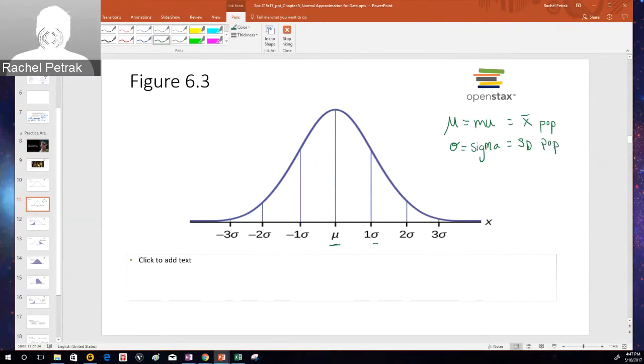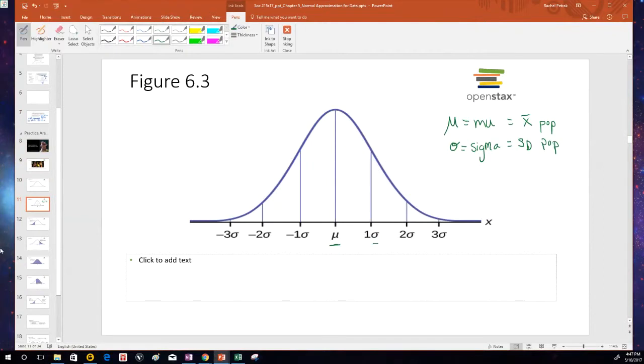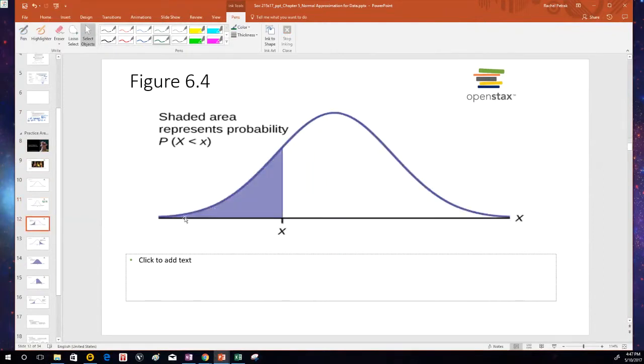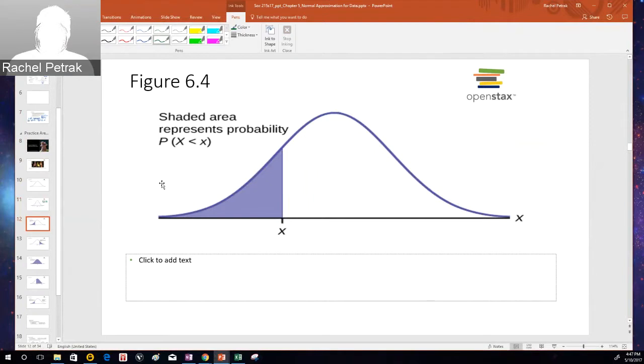Sigma is the standard deviation of a population. And so that's all they've laid out here. That's all they're saying. They have this 1 standard deviation, 2 standard deviations above. And now here we can see an example of how to divide this distribution. And this shaded area tells us the probability that X, a particular raw score here,